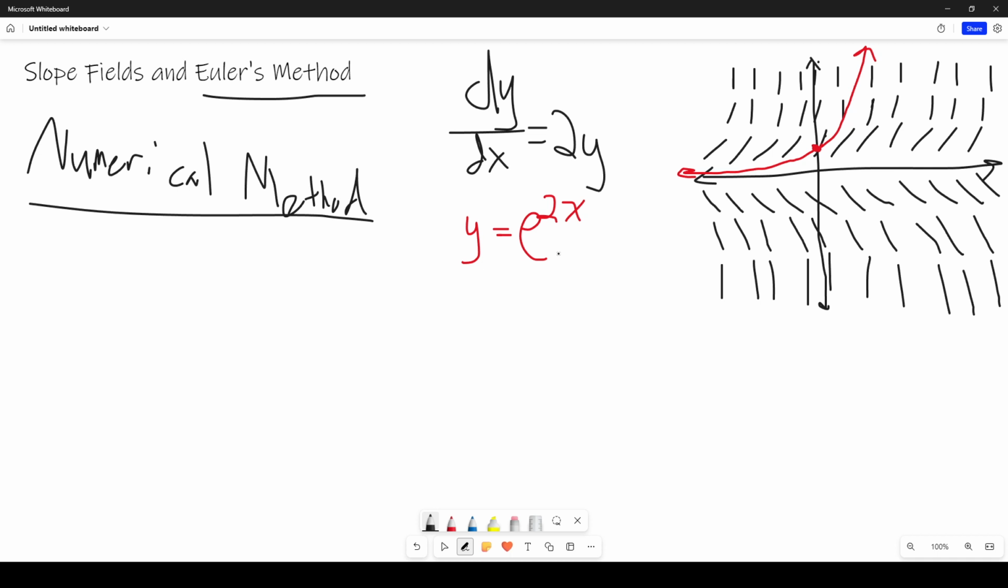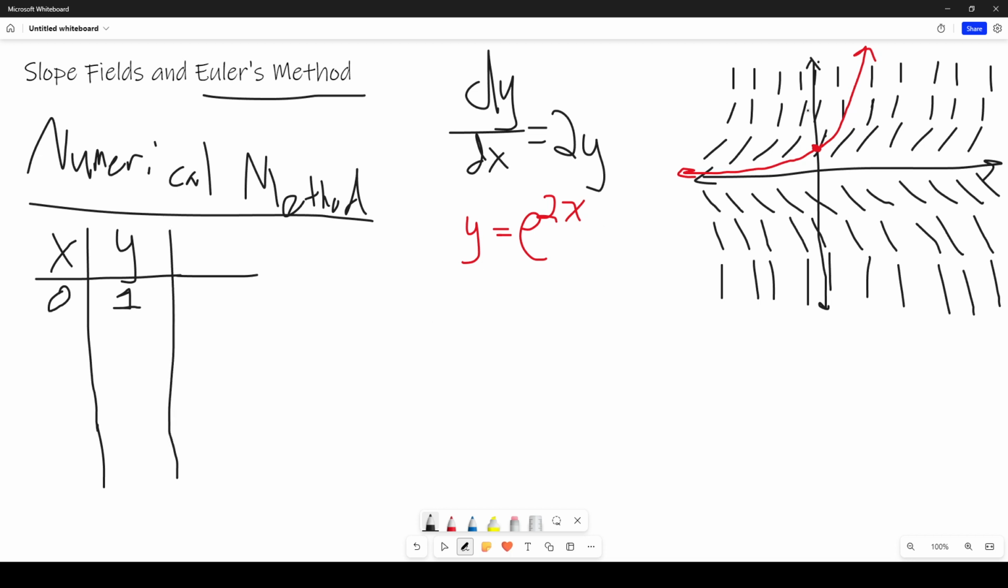So let's go over how this works. First off, you start with an initial value, x and y. In our case, it's going to be x equals 0, y equals 1. Okay? Now,